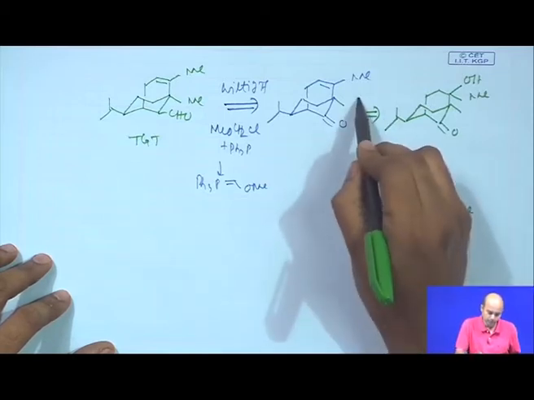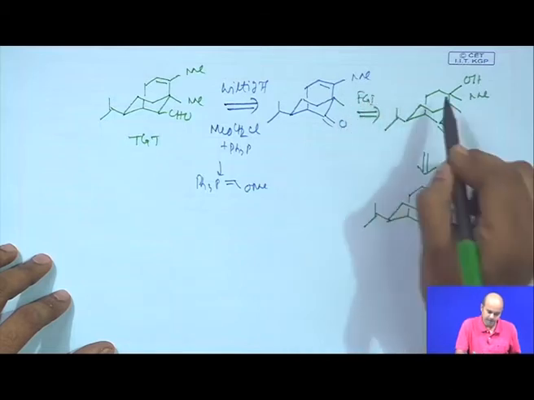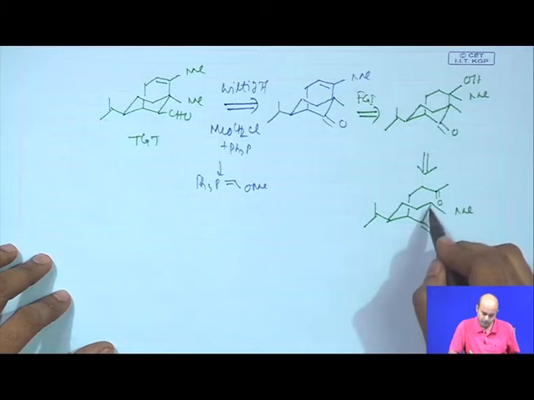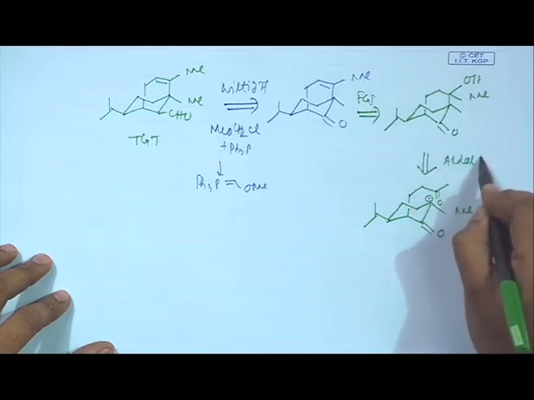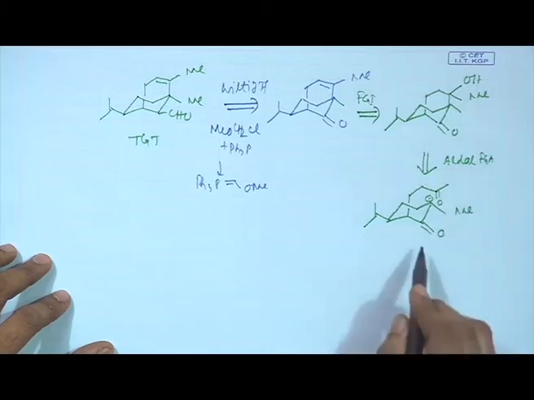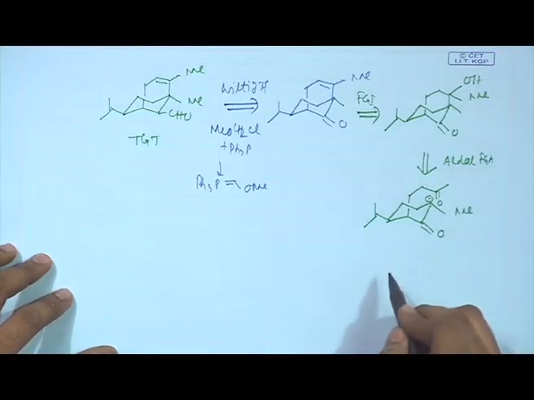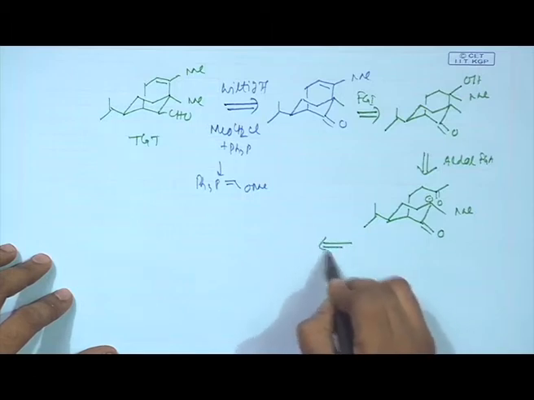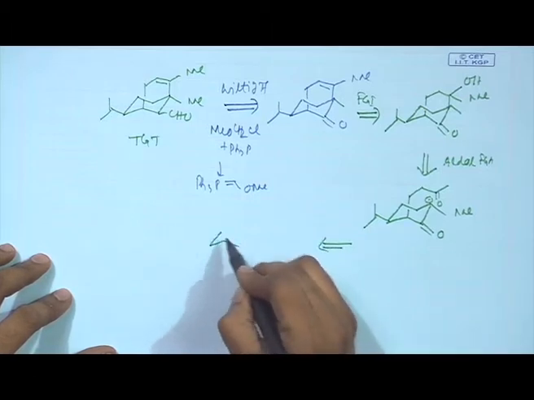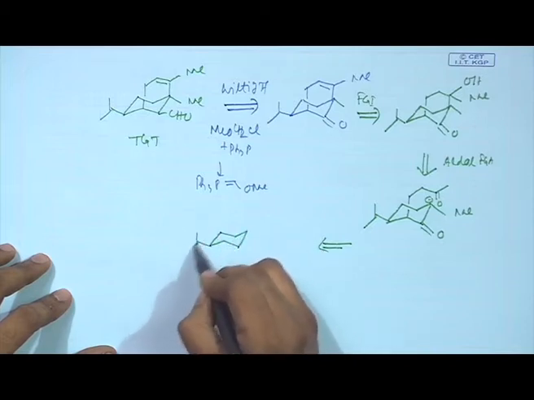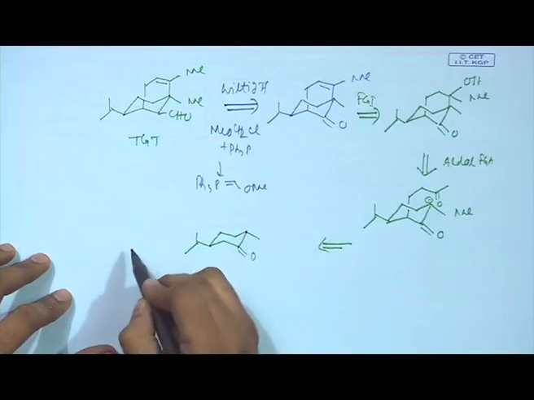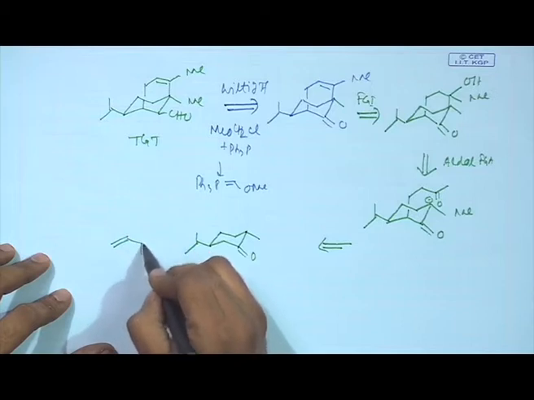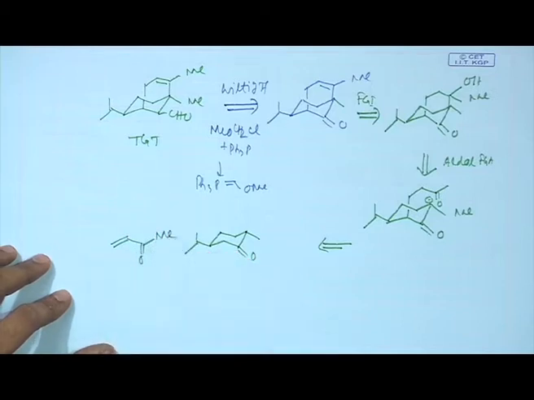So, here what we do, we basically do an FGI just by elimination. This is also similar, we assume that this carbanion will undergo aldol reaction. So, it is an aldol FGA, aldol FGA or aldol FGI. Okay. Now, trying to again simplify the things, we can say that if you have the starting material of these structures of this and you are having this methyl vinyl ketone, you can basically do it.